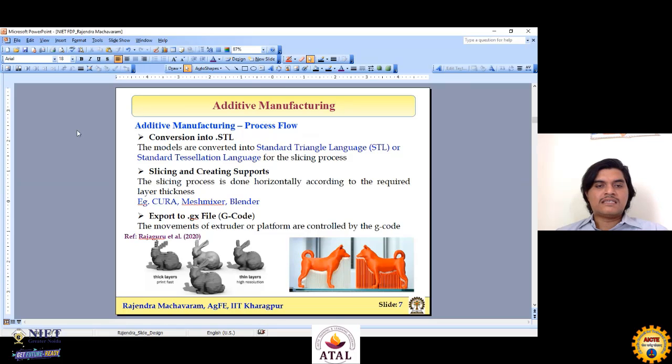Here, the slicing process is done horizontally, as I discussed, for creating the different layers on a horizontal plane according to the layer thickness. For doing this particular slicing and creating supports, we have Cura, Meshmixer, and Blender. These are all three software we can directly use for creating the slicing and supports. Once the model is sliced into the STL format, we can convert it into G-code. This G-code is very important for a 3D printer to locate the XYZ coordinates. Based on that, the path is generated to follow each coordinate for the 3D printing operation